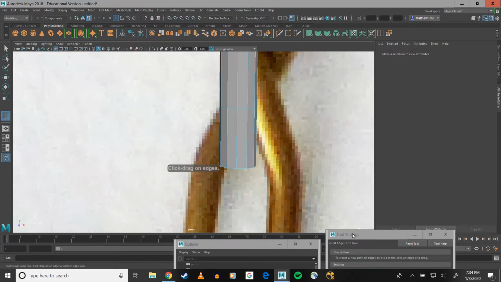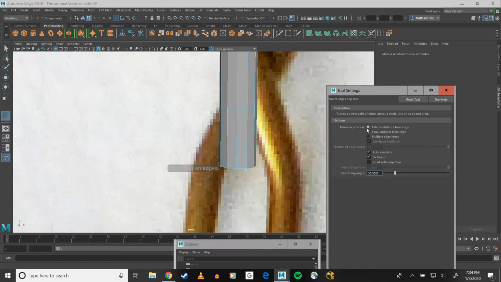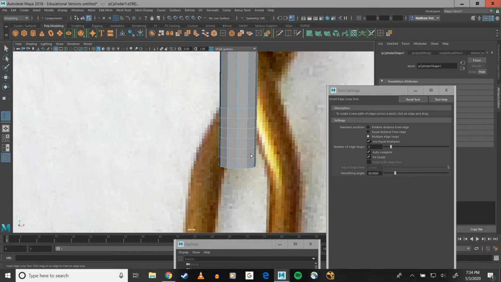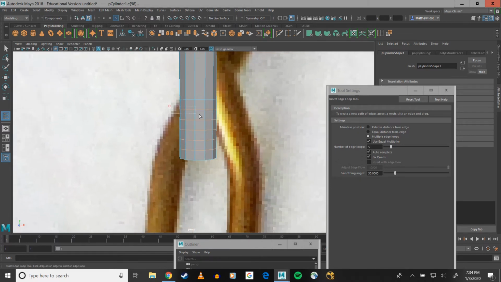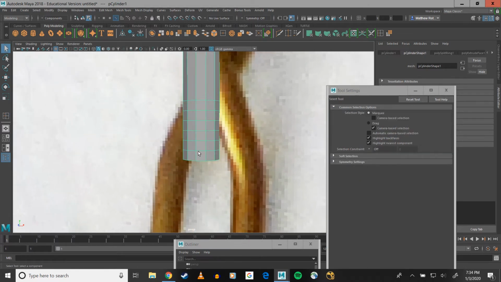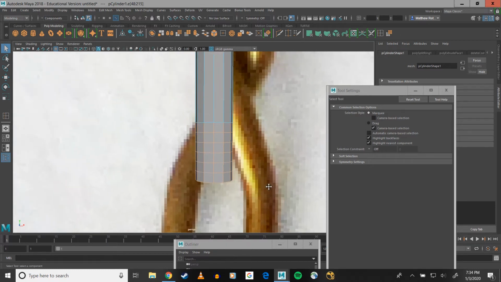I'm going to be using this, and in my tool settings, by default it's going to be set to relative distance from edge, and I want to set it to multiple edge loops, and this is a pretty short bend, so I don't need a whole lot of edge loops in there. I'll just make it 5, and now from here I will select the edges that I'm going to be bending,